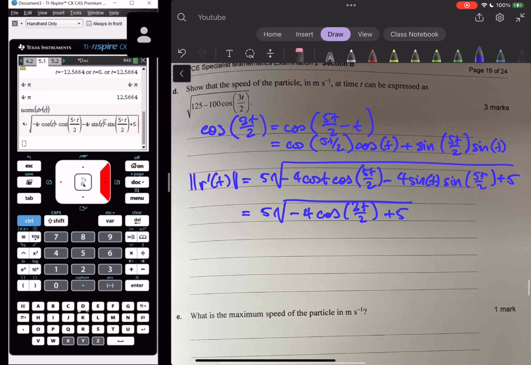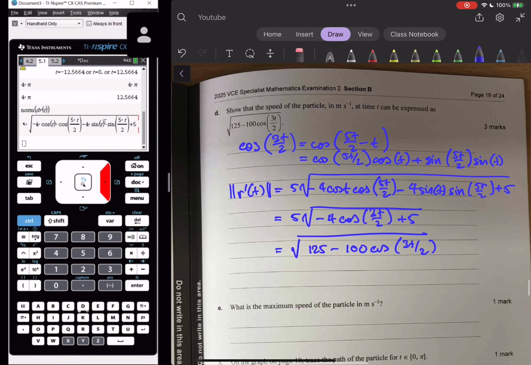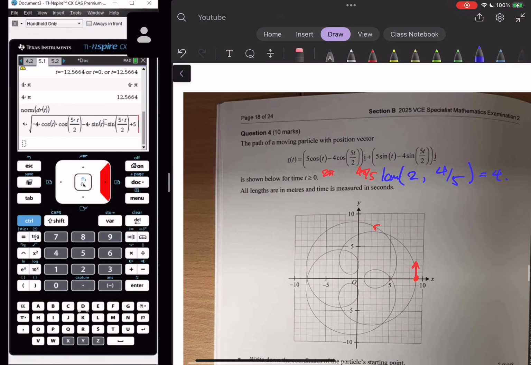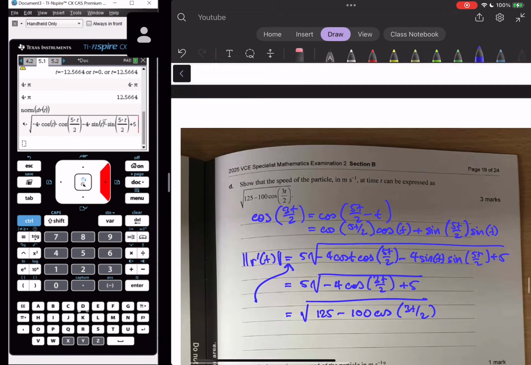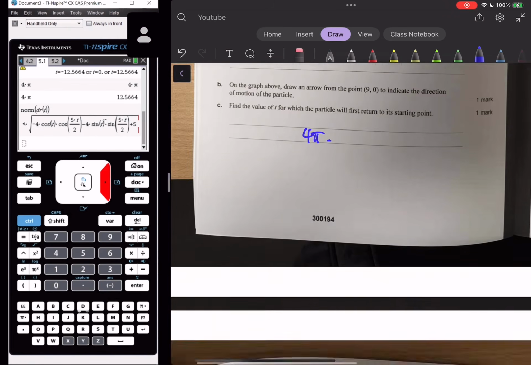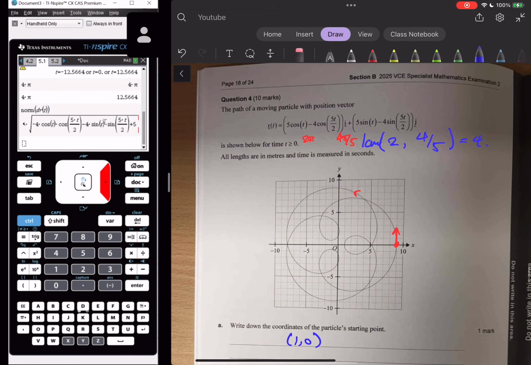Okay, and this gives us, if I just bring the 5 in, so multiply everything inside by 25, we get 125 minus 100 times the cosine of 3t on 2. Maybe what's left for us to do is actually show this equality, which hopefully shouldn't be too bad to do. You'll just have to expand out a bunch of stuff and maybe things cancel. Am I too lazy to do that? Probably. So yeah,